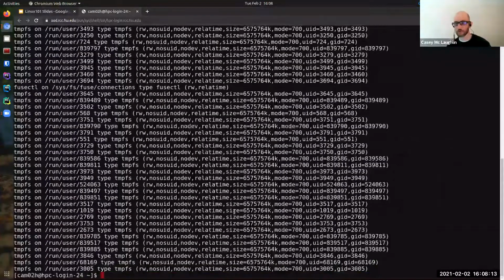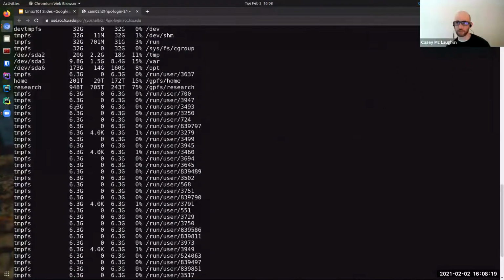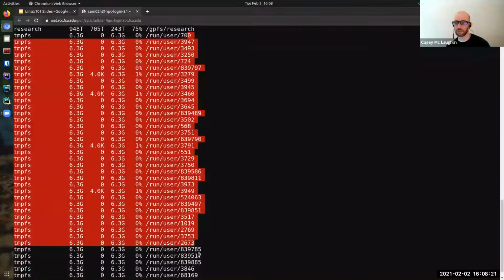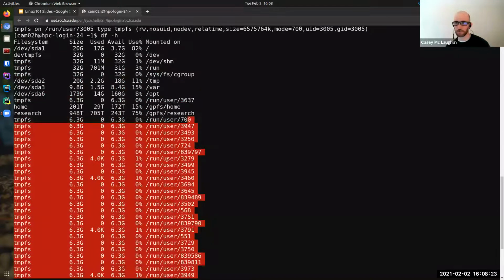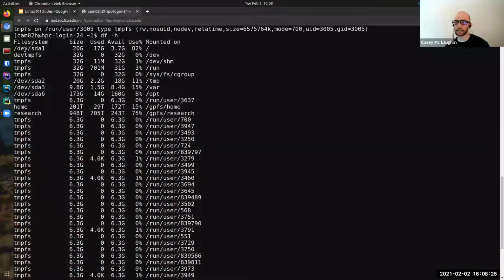So I prefer to use the df command with the -h to see what's mounted on the file system. So a lot of temporary file systems. We'll scroll up from there, and you can kind of see, okay, wherever the root is, it'll say / for mounted on. And in this case, it's the device sda1.